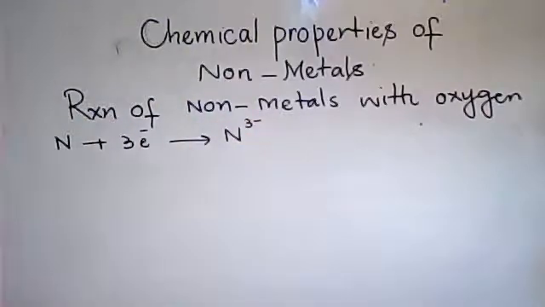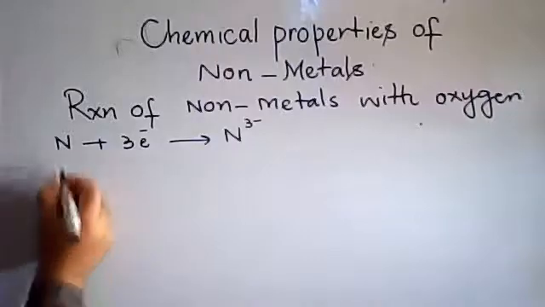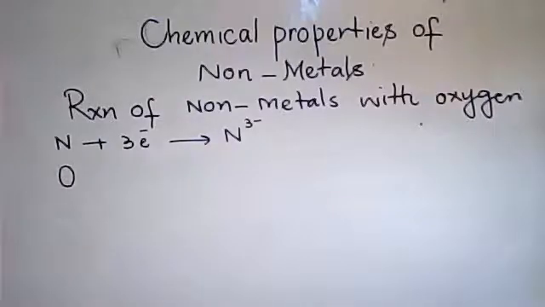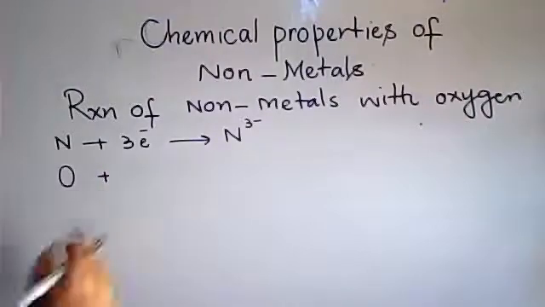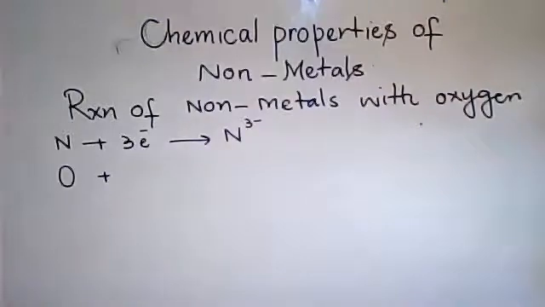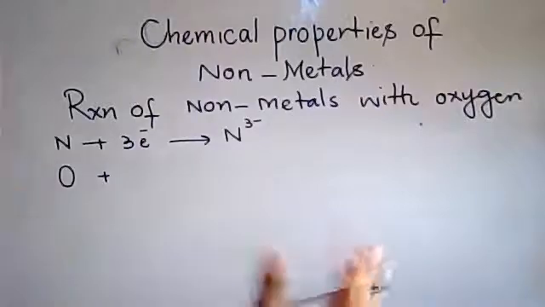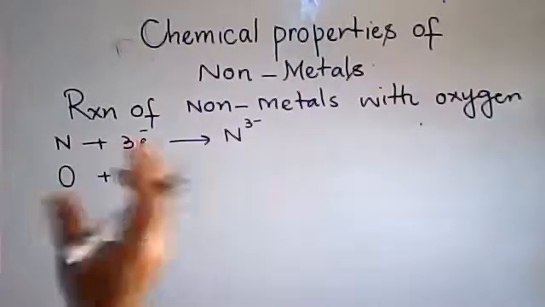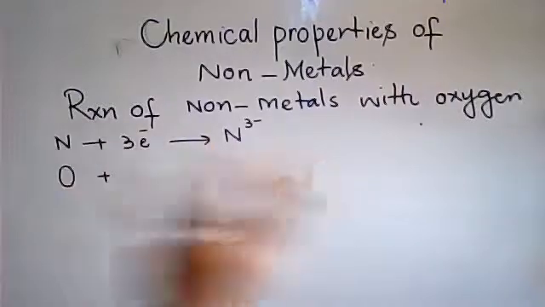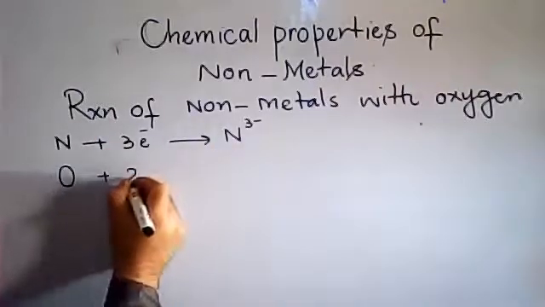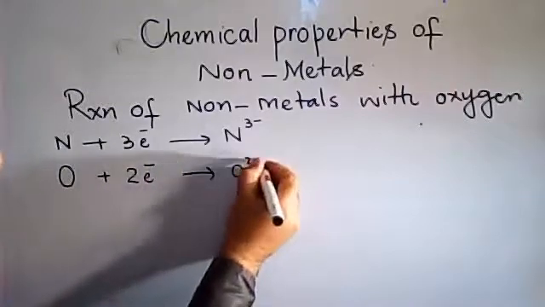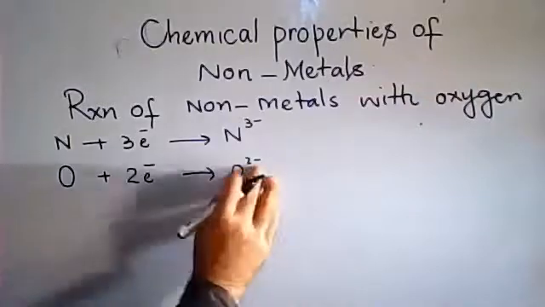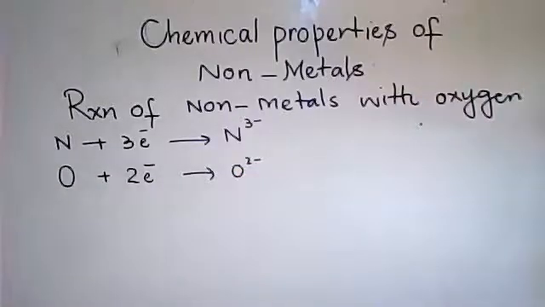Now, similarly, we are having oxygen. So oxygen, how many electrons are there in oxygen, or what is the atomic number of oxygen? It's 8. Okay, dear, means in first shell it will have 2 electrons, in second shell it will have 6 electrons. So in order to complete its octet, it will try to gain 2 electrons. So we'll write here 2 electrons, and the charge on oxygen will be O2 minus. Okay, dear. So it's getting 2 negative charge by accepting 2 electrons.